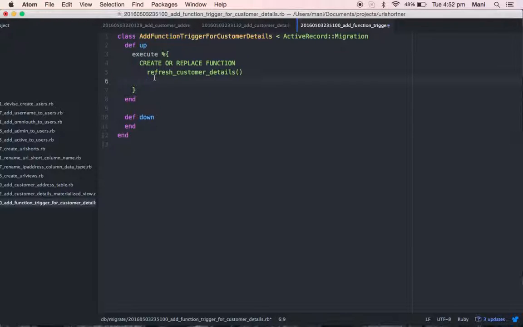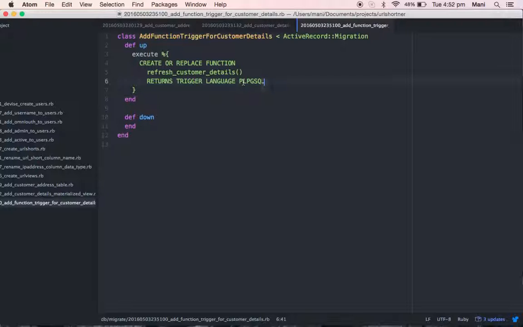Next, what I am going to return: I am returning a trigger, and here you can mention the language as plpgsql. You can enter the language plpgsql here, or you can write it at the end of the function.